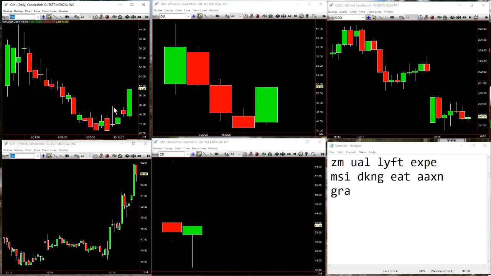And OM here on the weekly. It's a new issue, and you can see this here. This is lower than that, and then here's the 2-2 reversal back up over 46.65, trading 51.29, not bad.